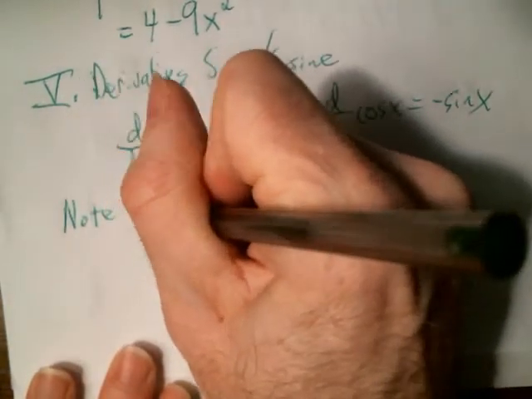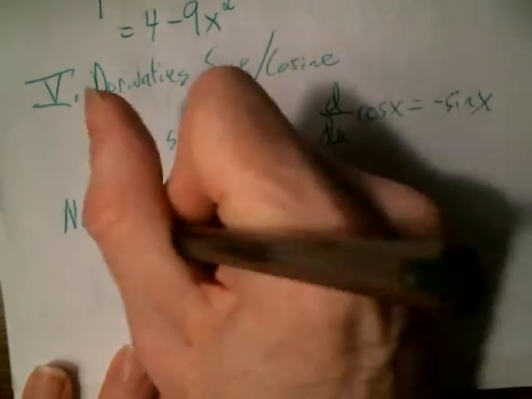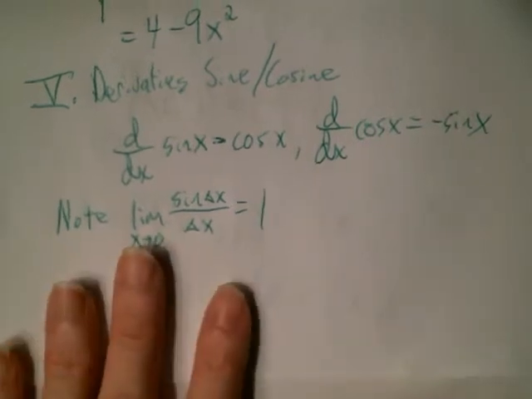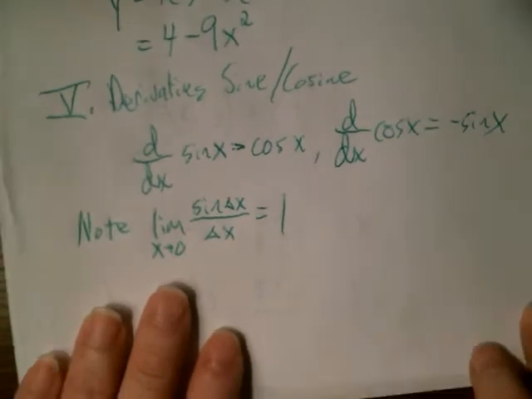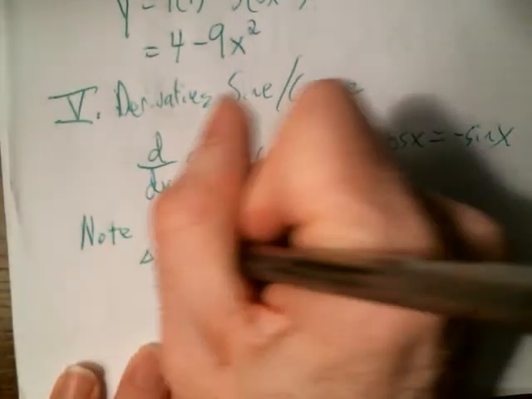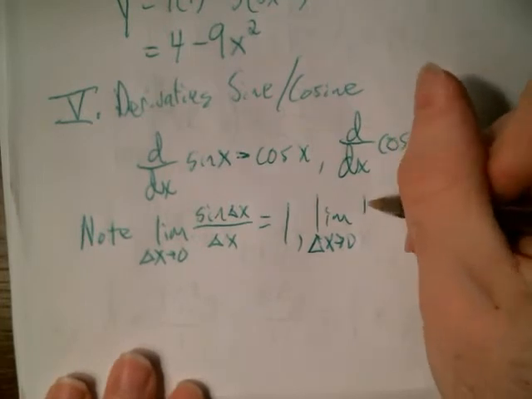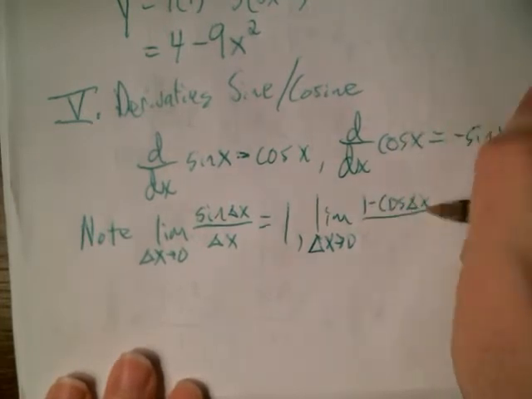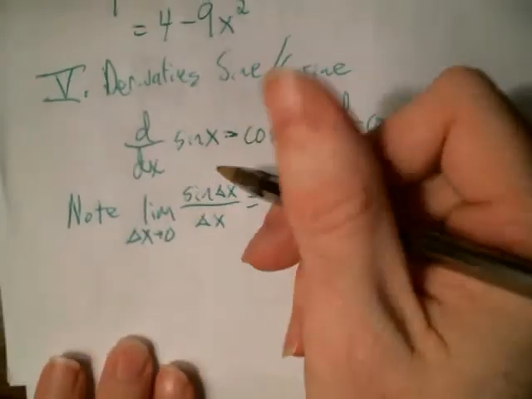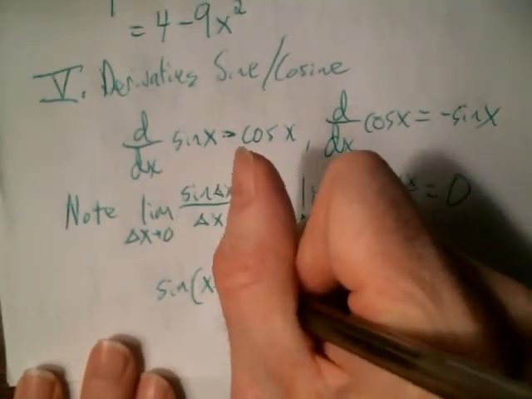So note first the limit of sine of change in x all over change in x as change in x goes to 0 is 1. That was one of the limits we have memorized. We use the squeeze theorem to prove it. And then another limit we supposedly have memorized: the limit as change in x goes to 0 of 1 minus cosine of change in x over change in x equals 0. And one other fact we need from trig, the sine of x plus change in x